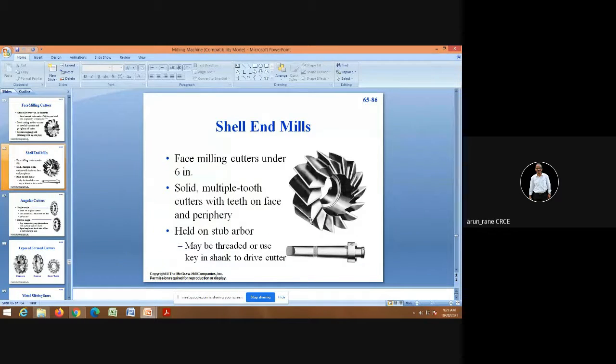Again, this is a bore on which this cutter is mounted on an arbor. Now this can even be mounted on a vertical milling machine with the help of this stub arbor. This is called the stub. Stub matlab chota. And if you say arbor, it usually means a bigger or longer arbor. So this is the stub arbor. Now this bore will fit over here, and this is the nut which is going to be tightened.